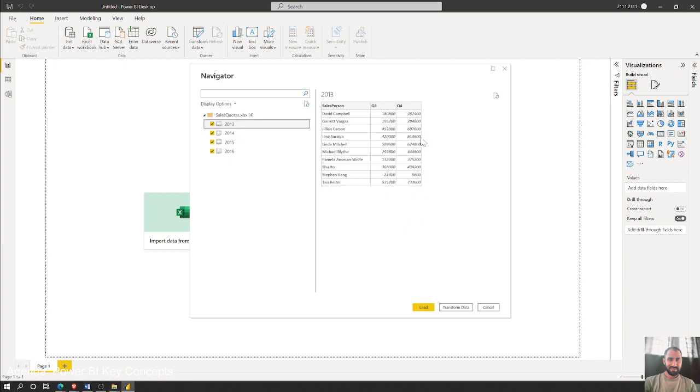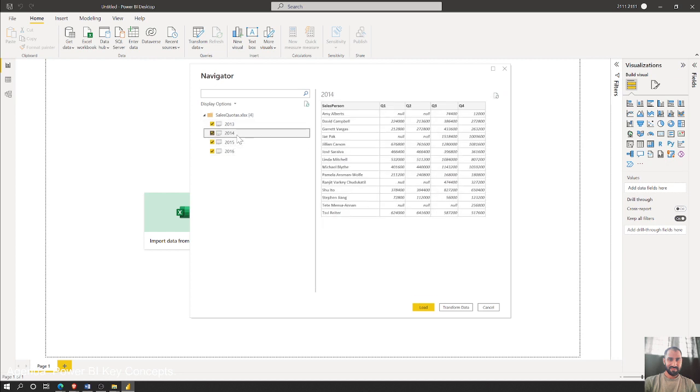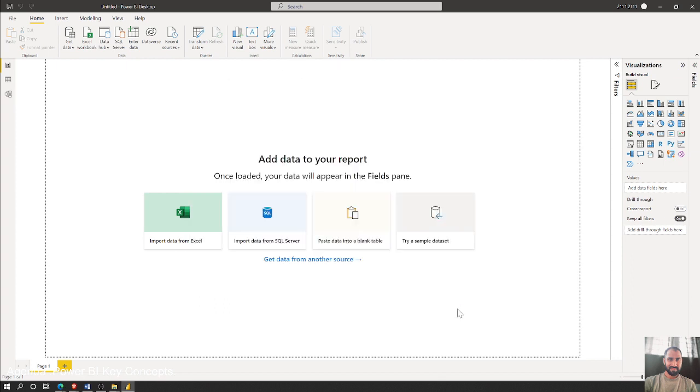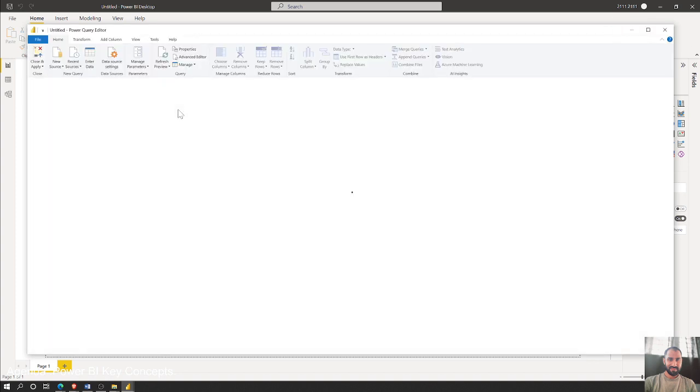तो एक बार डेटा को ऑलवेज देख लेने का है। तो 13 में Q3 Q4 है, बट इसमें Q1 Q2 है, ठीक है। 16 में, 15 में सारे हैं, एंड 14 में भी ऑल दी Q1s क्वार्टर्स डेटास आर अवेलेबल। लोड नहीं करेंगे डायरेक्टली, इट विल जस्ट लोड द डेटा, बट इफ़ यू वांटेड टू मैनिपुलेट समथिंग तो हम लोग इसको ट्रांसफॉर्म में जाते हैं। राइट नाउ आई कैन इग्नोर दिस ट्रांसफॉर्म, okay, I will not get into transform right